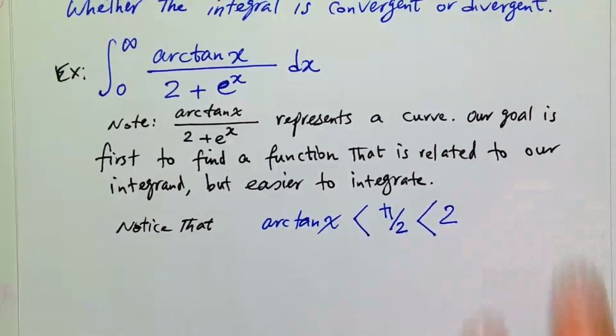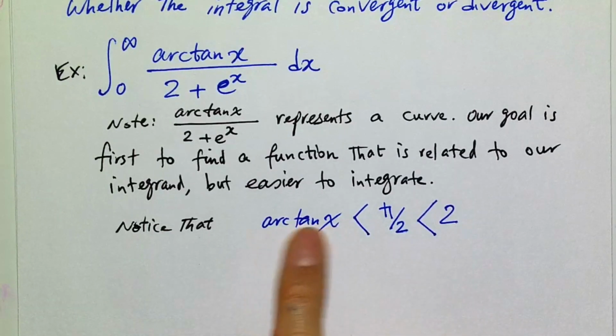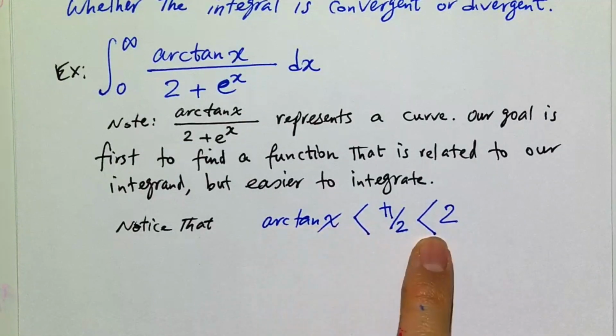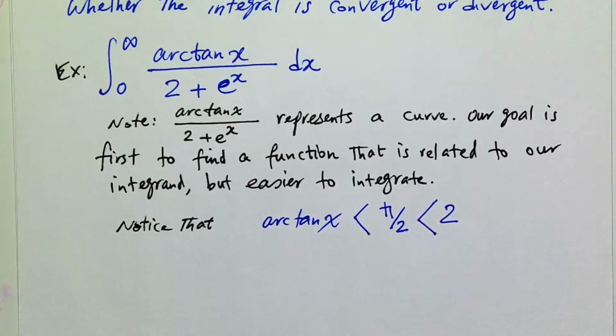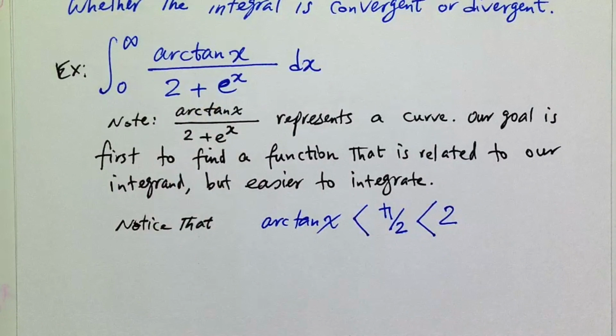So it looks like, in this case, it's easier to find the higher curve. If it was easier to find the lower curve, I would do that. But given the arctangent function that we have, going through this process, it's really easy to find the higher curve. It's going to be 2 over e to the x. Okay, so